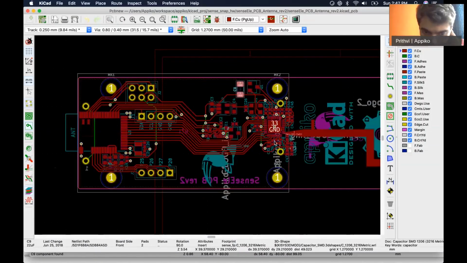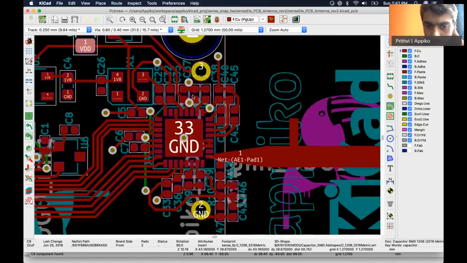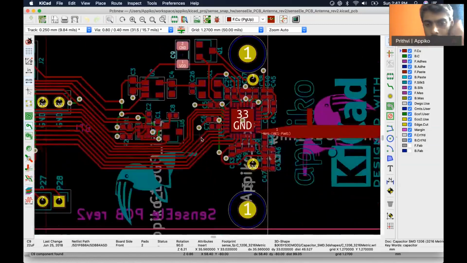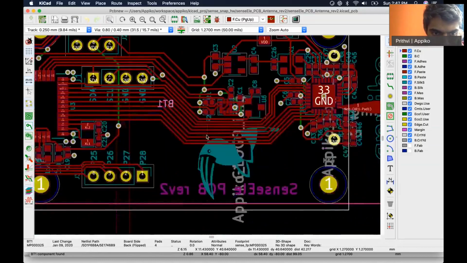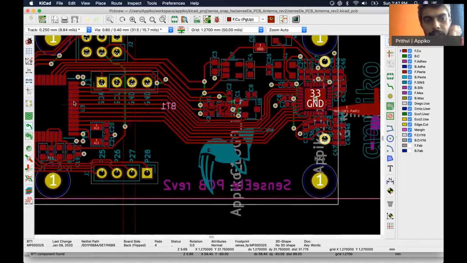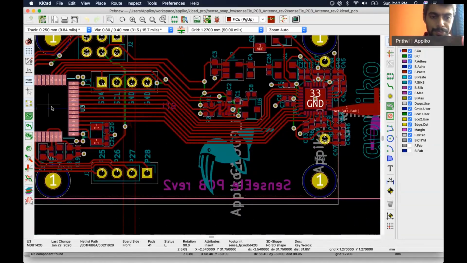All the decoupling capacitors for this transmitter are placed all around this IC. Also, all the SPI communication with this transmitter is through these lines, which go back to the processor, which is in the nRF52 module.